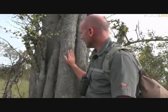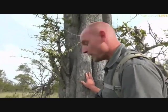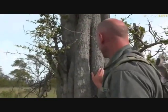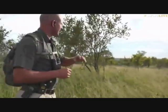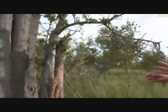But yes, these trees are damaged to the point where they actually are killed outside here, and a lot of trees like this don't exist in the bush. But if you were going to collect bark from this tree, as a very, very dear friend of mine taught me, you only collect from the eastern side. Now, we've got the sun poking up through the grass over here and through the trees. That is east that you're looking at the moment, and so you only collect on the eastern side of the